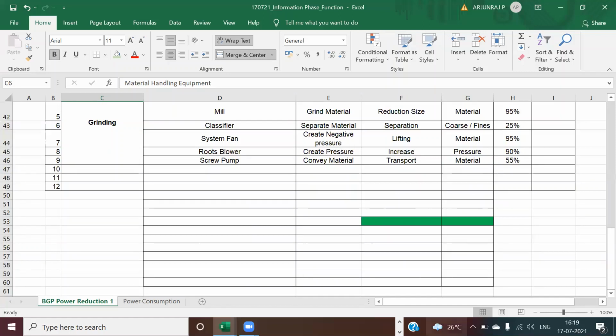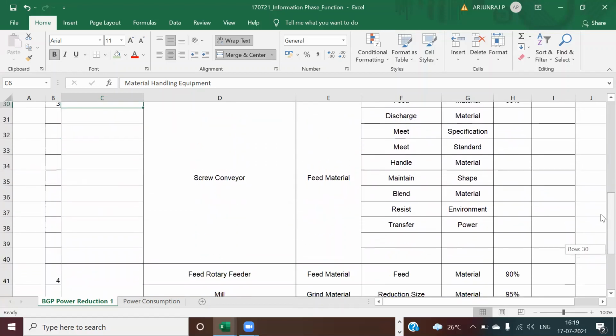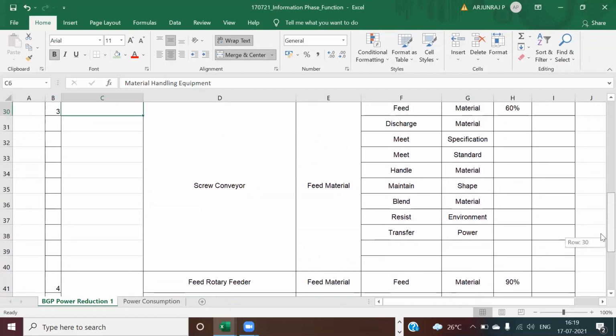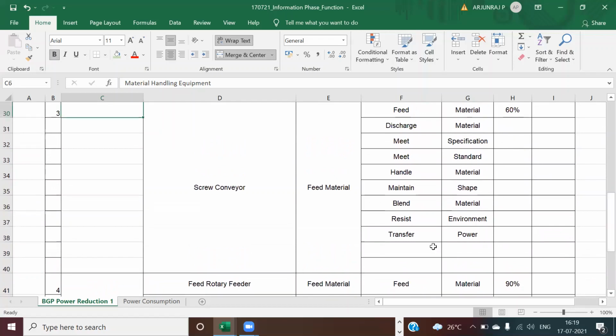So anyway, we are done up to this date. It's okay. Good. Now what I suggest is, is there any other function which this screw conveyor will have apart from this? Transferring power. It's good that we are going towards the product side also, but normally we need to see what the objective is. Is it on the product side or the process side? Those things also we have to see.